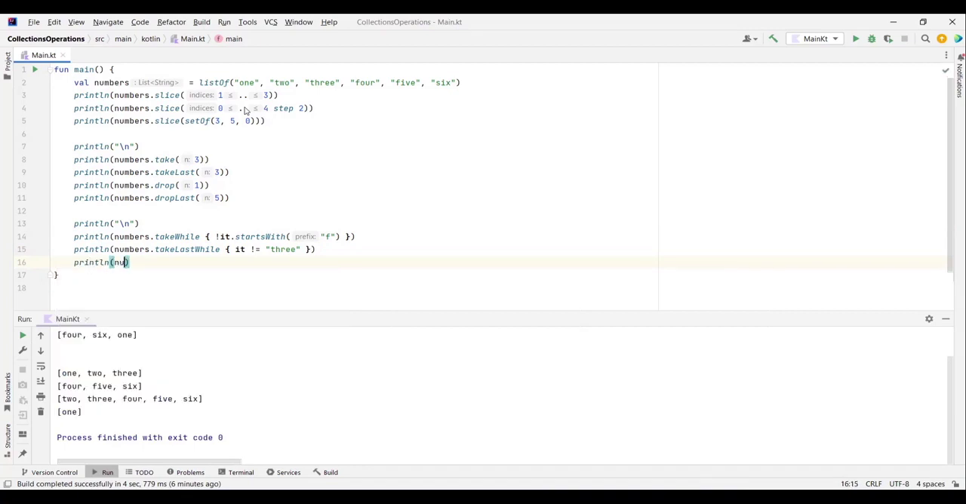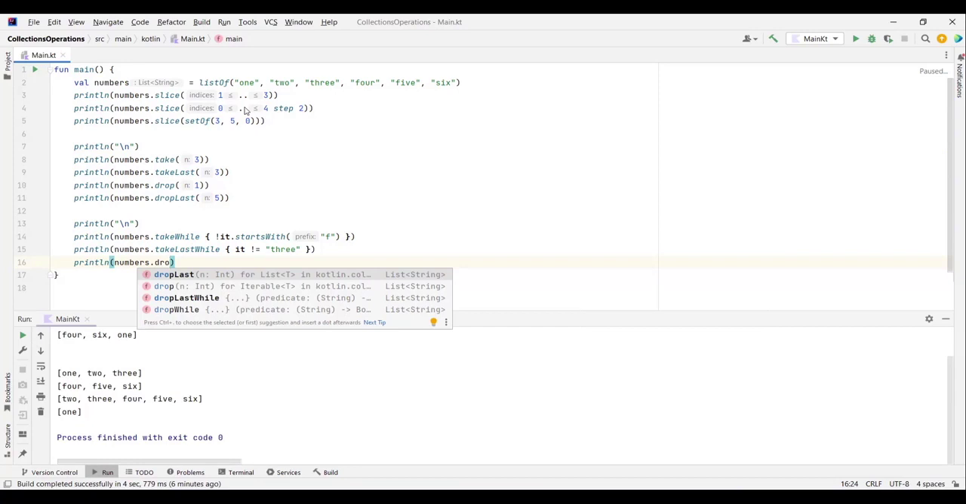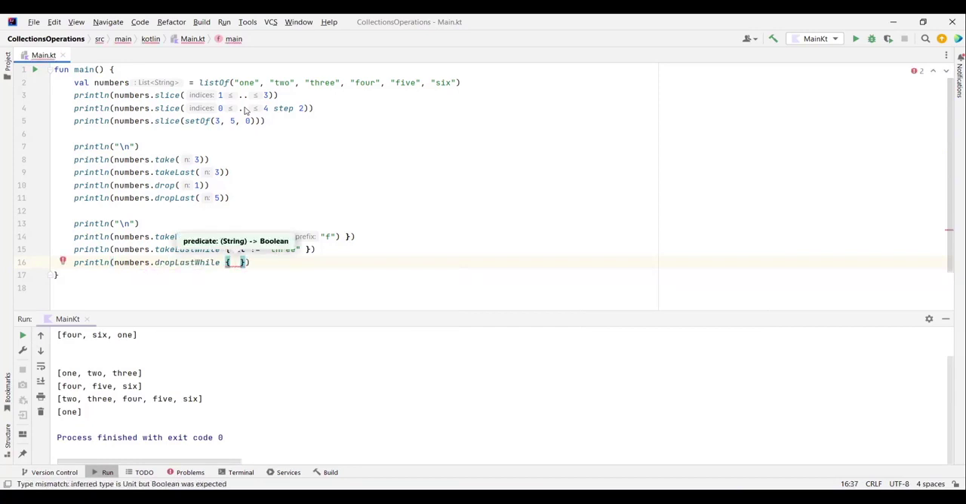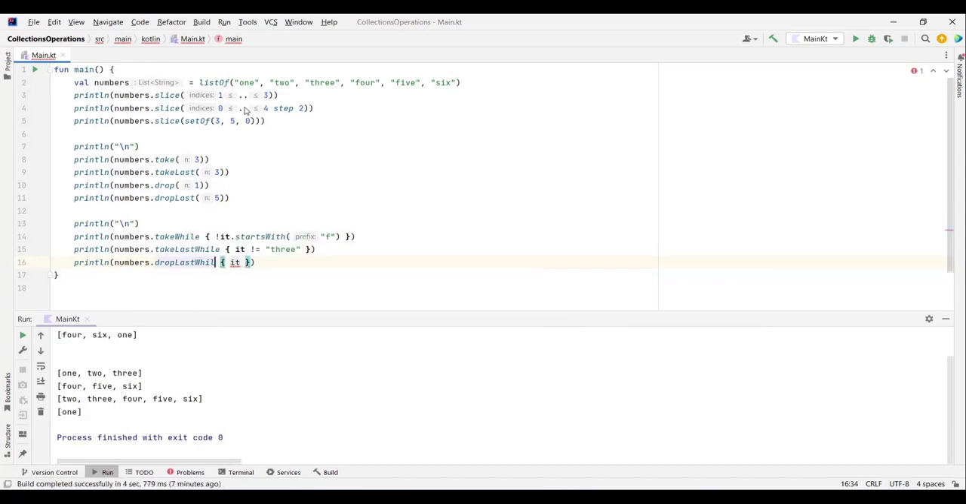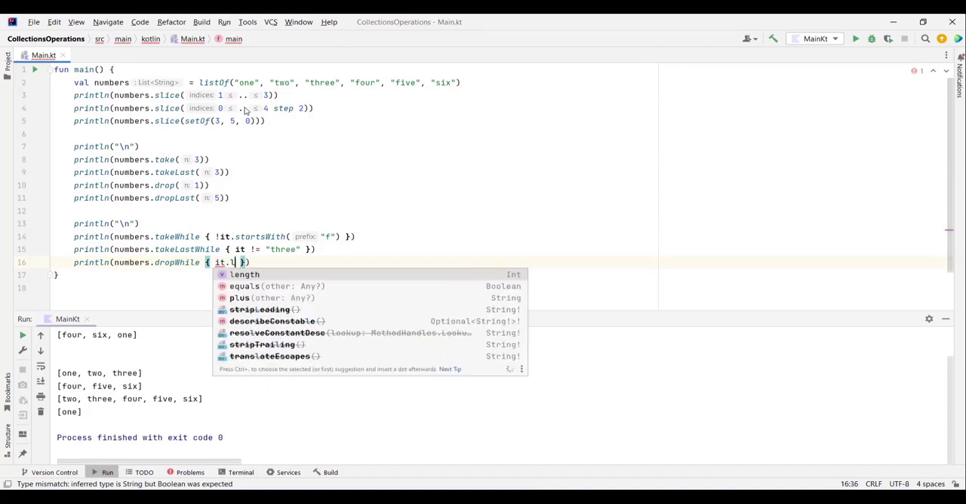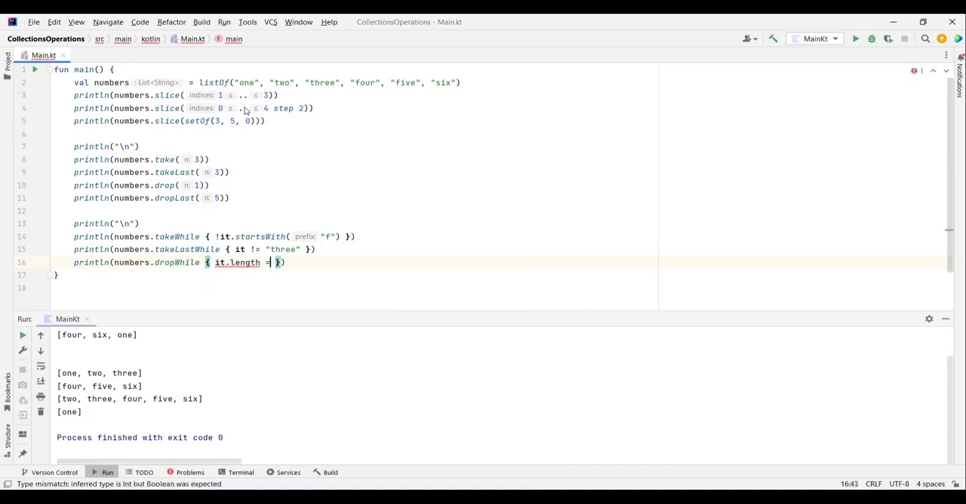Another println, we type numbers.dropWhile, and we define the expression, the predicate, which is going to be applied for our dropWhile. So it should be dropWhile here, and we type it.length equals to 3, and we add another println,